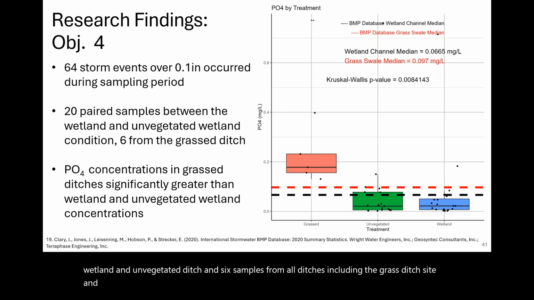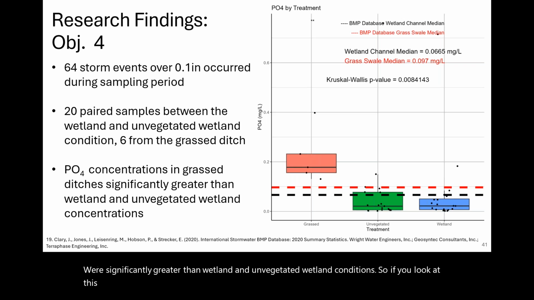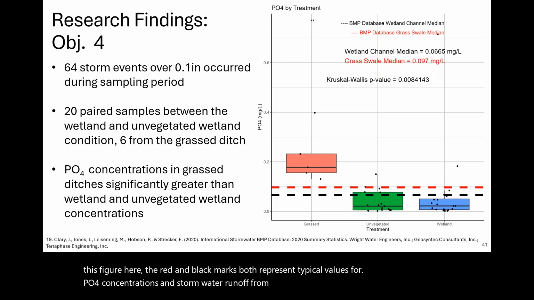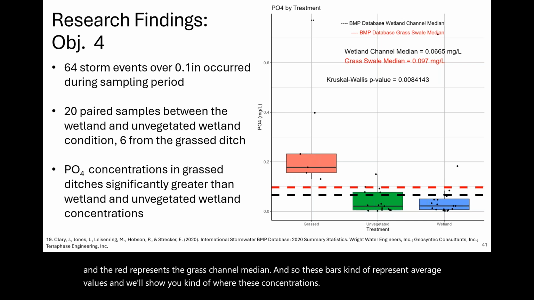As a first thing to look at, PO4 concentrations in grass ditches were significantly greater than wetland and unvegetated wetland conditions. If you look at this figure, the red and black marks both represent typical values for PO4 concentrations in stormwater runoff. The black represents a wetland channel median, and the red represents the grass channel median. These bars represent average values, and will show you where these concentrations add up compared to